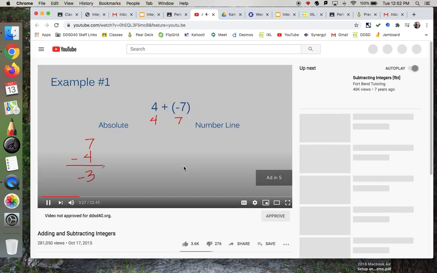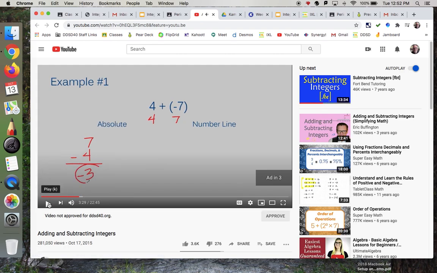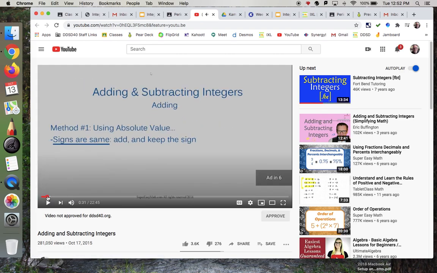This one is a little bit longer. So the absolute value method. And let me back that up to the beginning. And she uses what's called the absolute value method, and it's a bit longer and more detailed if you wanted that. And then the last one